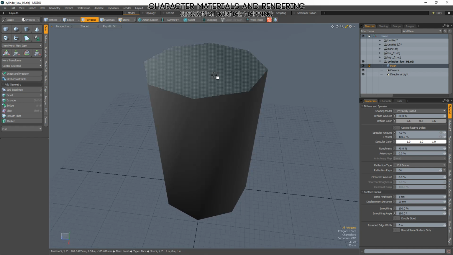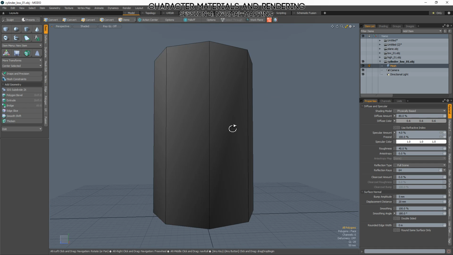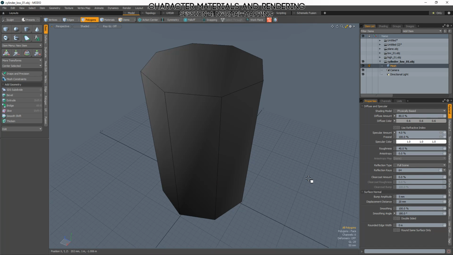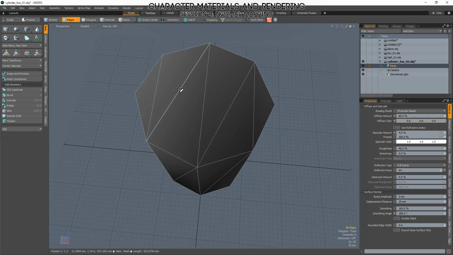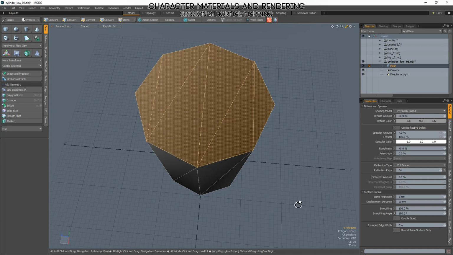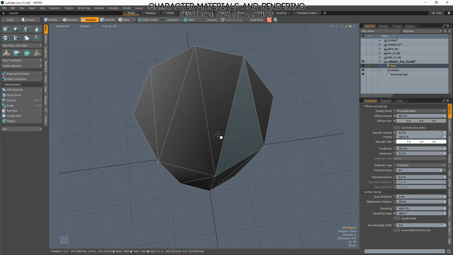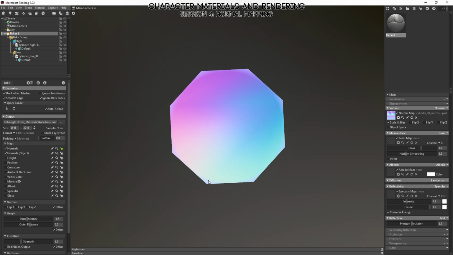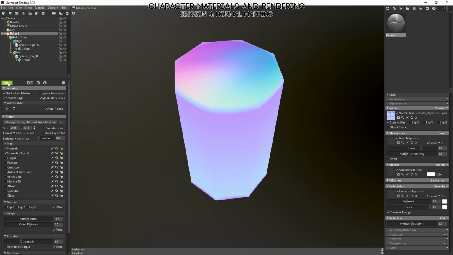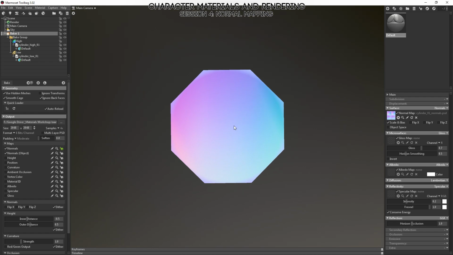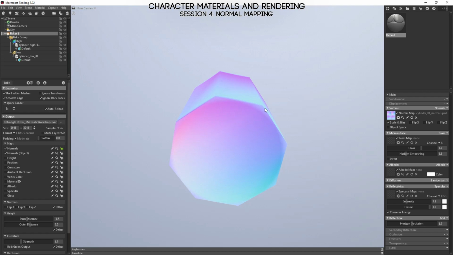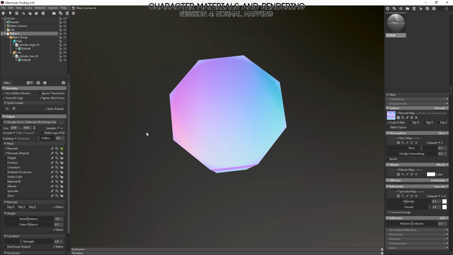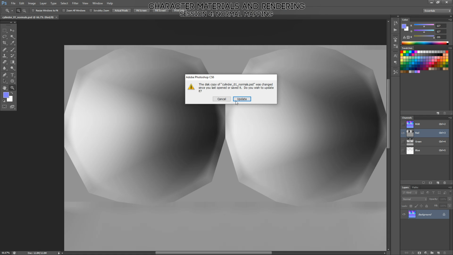So let's do something specific so that we can get a better idea of what's going on. Let's triangulate this model, so it's 100% triangles. So it's just drawing triangles along all these surfaces. Let's save that. Go back to Marmoset. Bake again. Now, the direction that Marmoset triangulates things and the direction that Modo triangulates things are different, but they'll produce similar results. So let's go back, reload that normal map,